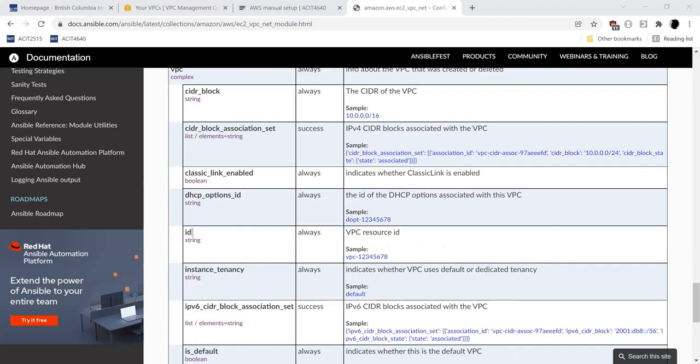So in your playbook, on your task, you can say that you want to register the output of this module, and you want to register it into a variable name. So I'm going to call this AWS VPC info. And then you can use that variable in other tasks, in other places, in order to do something with the info that you got. So here I'm just going to